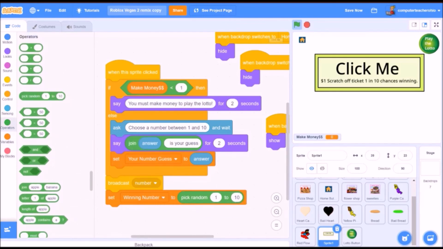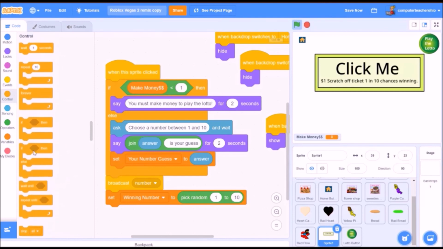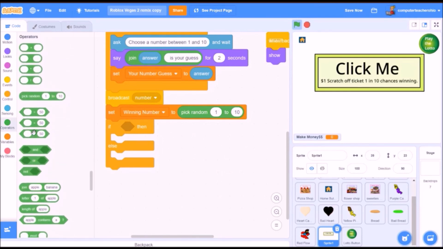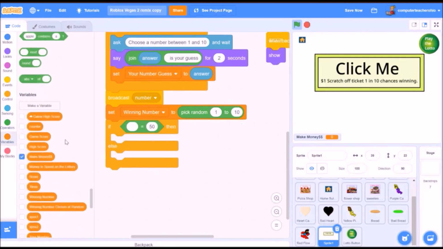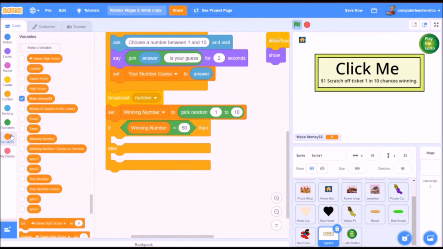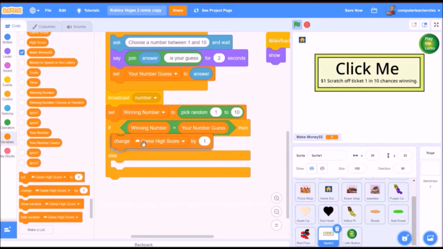Set winning number to pick random 1 to 10. So that's where the code is picking a number for us. And then pick an if then else statement. If winning number equals your number guess, then